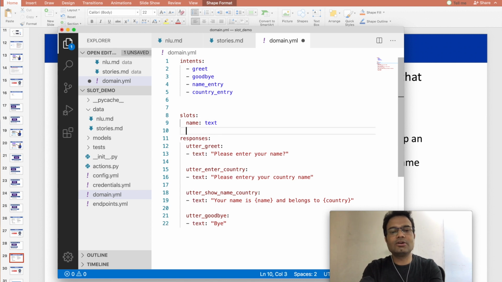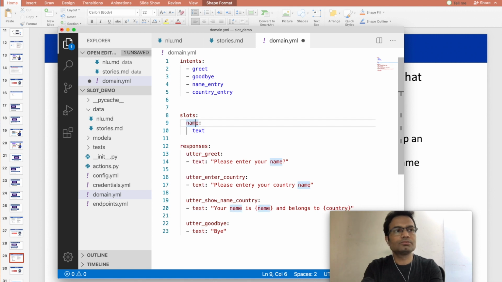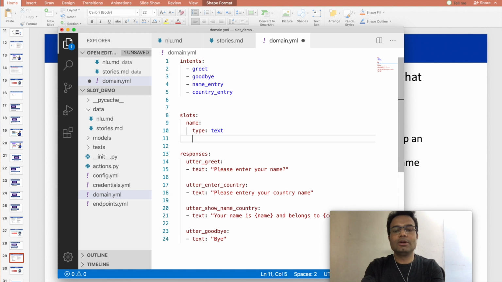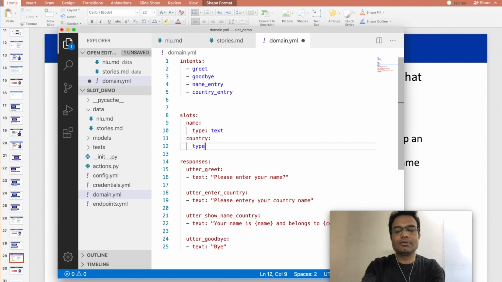Then another slot, we do like this: type, and then the country. Okay, so these are the two variables, name and country, because these two pieces of information we are going to fetch from the user.